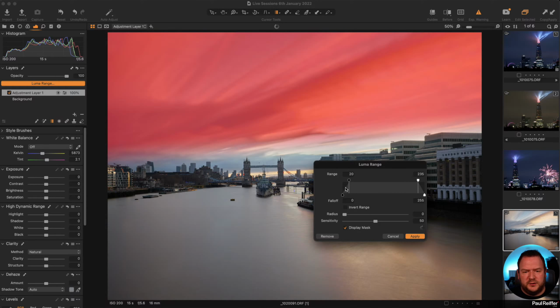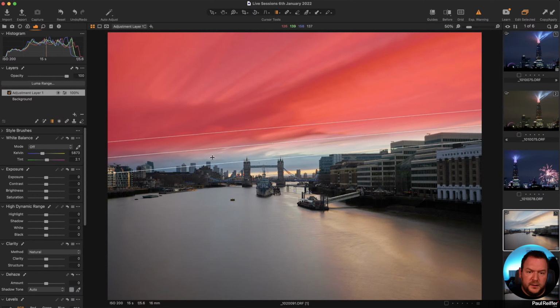And that luma range, we're going to discount anything that's dark and keep everything that's bright. So this should now also, beyond just the gradient filter, should also remove anything that's dark in these buildings too. So I'm going to apply that. So even though this is at 50%, it shouldn't affect that rooftop.